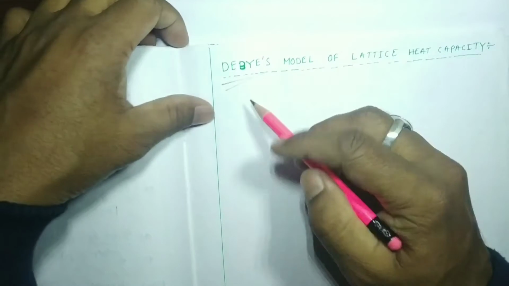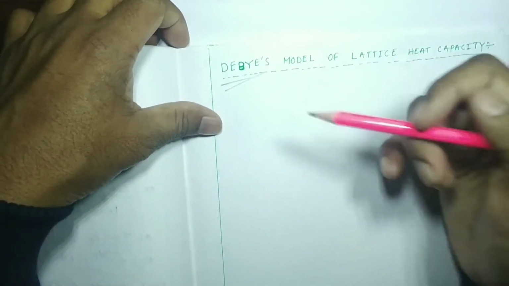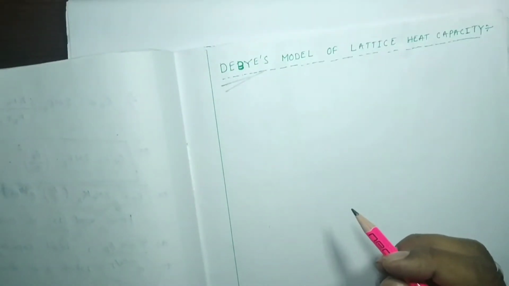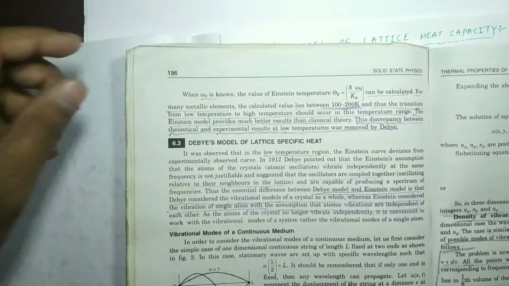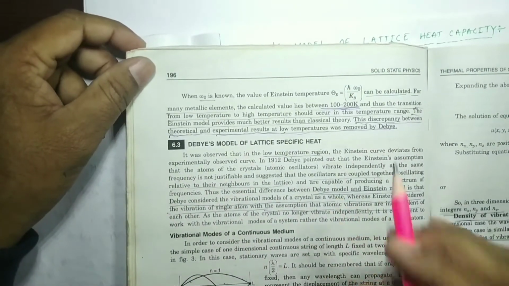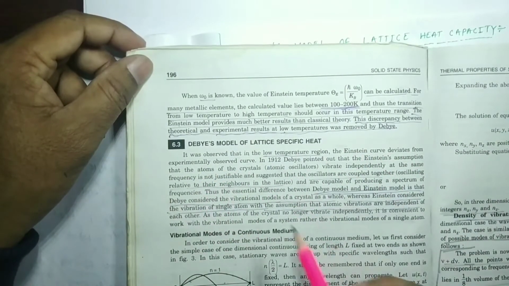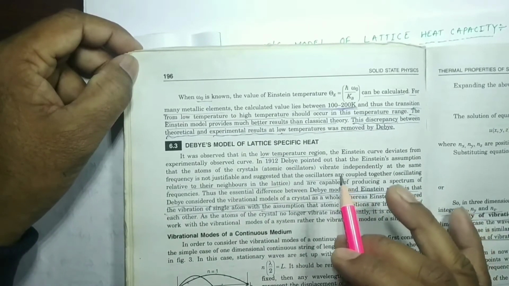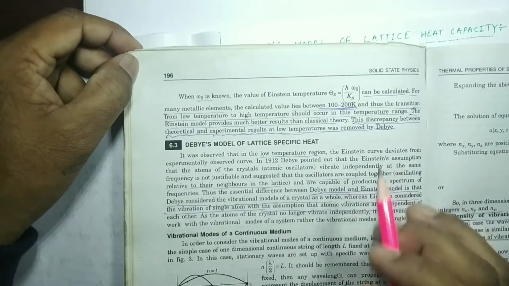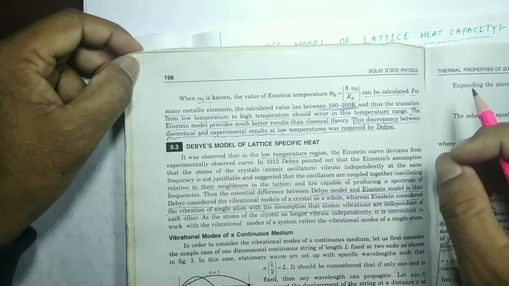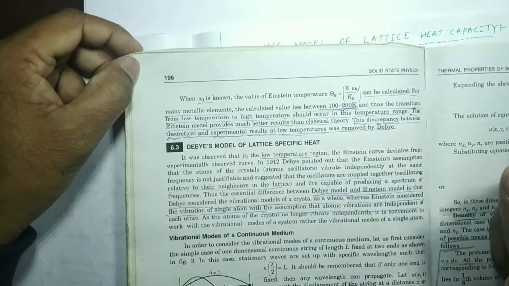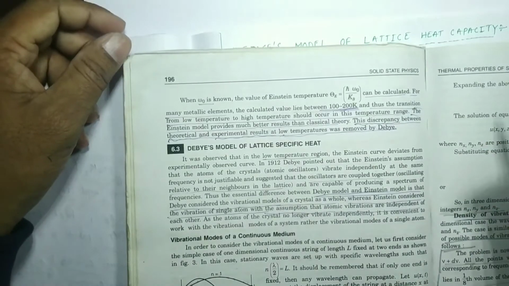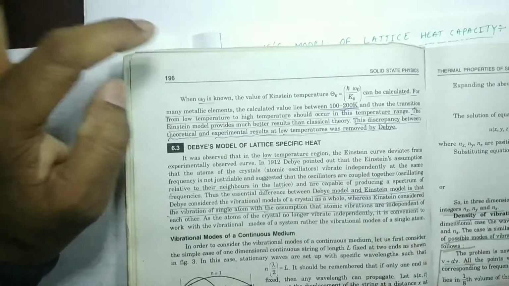Before we start Debye's model, first, what is the assumption that I am going to explain, you have to just watch it. I told you initially that today in this class, whatever I explain about the Debye model, I am going to explain from the book directly, and you have to write the note of what I say to you. Because you can say that this is one type of developing your note-writing skill. Only this chapter, only this topic. So here